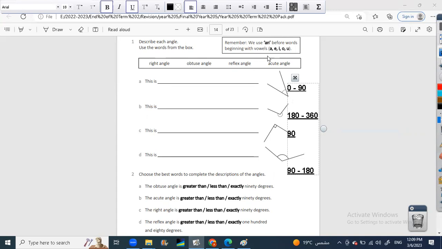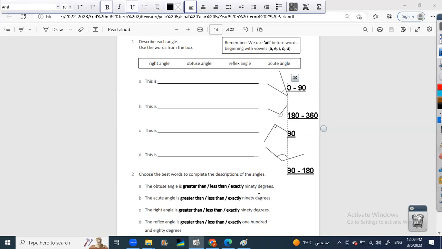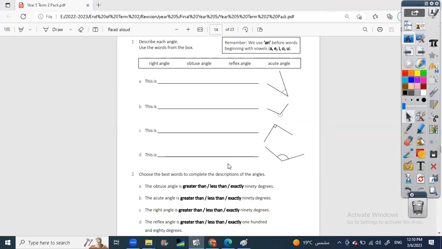So again, we now knew the names of the angles. Acute, it's greater than 0, less than 90. Reflex, greater than 180, less than 360. Right angle, it is 90 degrees exactly. Obtuse angle is greater than 90, less than 180. And this is the second part of the page. Okay, now,